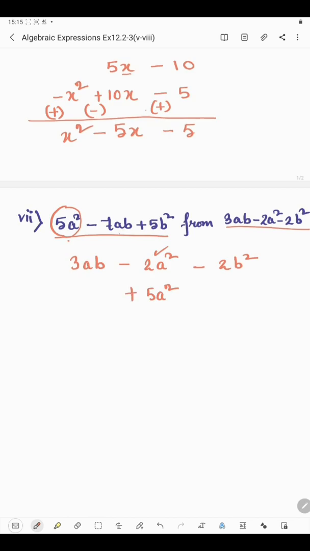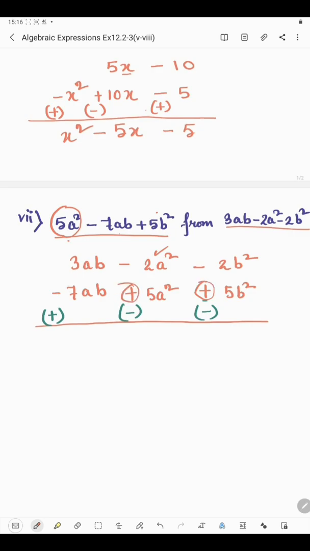Okay, now next is the ab term. The ab term is here. Now we will have to write minus 7ab below 3ab. Okay, now we will have to write the b square term. So plus 5b square should be written below minus 2b square. Okay, this way we will have to put the like terms below the like terms, and since we are doing subtraction we need to change the sign. So this plus will be minus if you change the sign, this plus also will become minus, and this minus will become positive. Now we won't be considering the original sign while calculating, because this sign has been changed already.